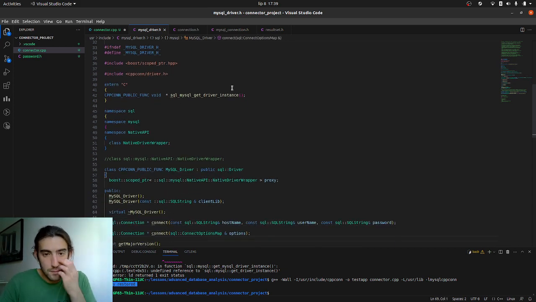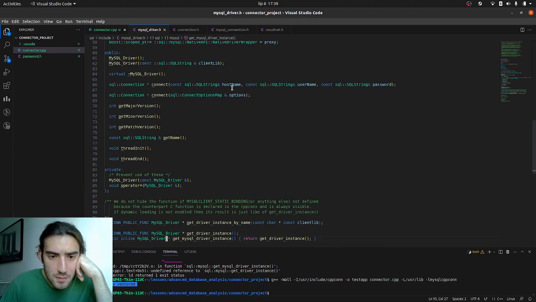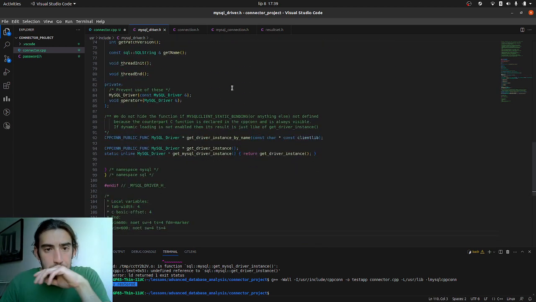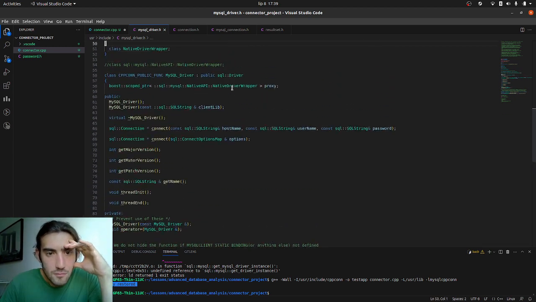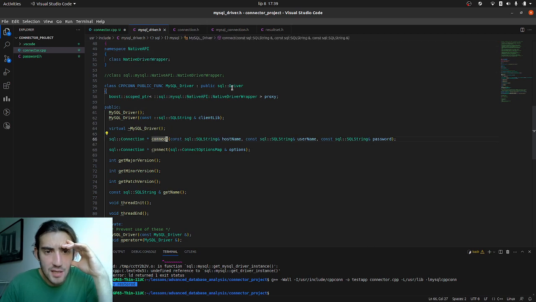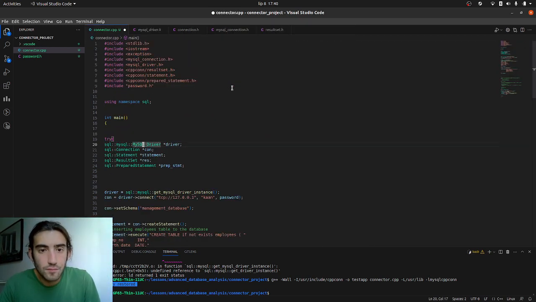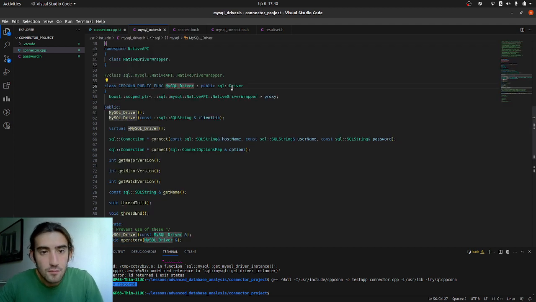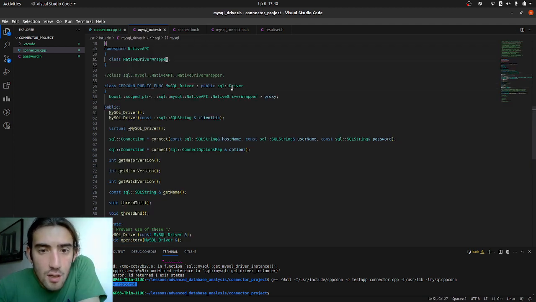For example, let me see. This class, for example, is a connect MySQL driver. So where is it? Yeah, as you can see, this MySQL driver inherits from the SQL driver, and